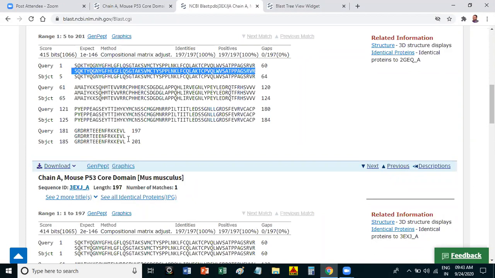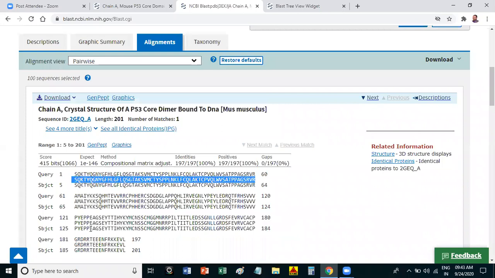Geno3D and Swiss Model, or whatever protein modeling software, will just perform this BLAST, but you don't have to do it by yourself. The software will automatically do the BLAST at the back end, and you just have to input your sequence. That is the particular linkage of BLAST with your protein modeling.